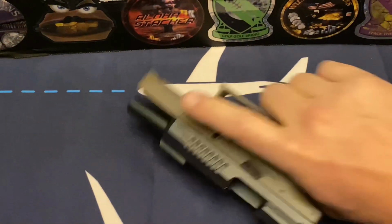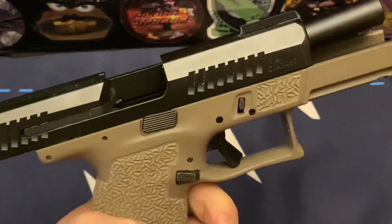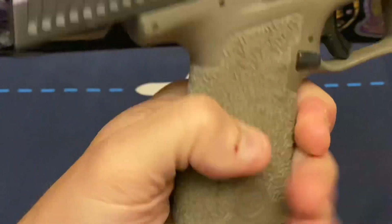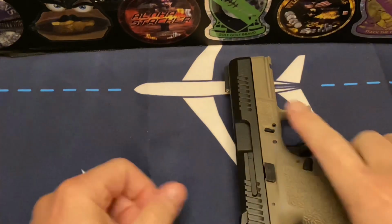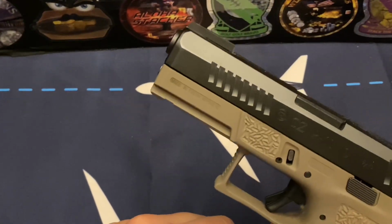All right, guys, Triple P back here with another video. Got my CZ P10C. You guys have seen this in other videos before. As you can see, no magazine is in the gun, and the chamber is empty. The gun is safe. First thing with this pistol, the reason that I choose to carry this more than any